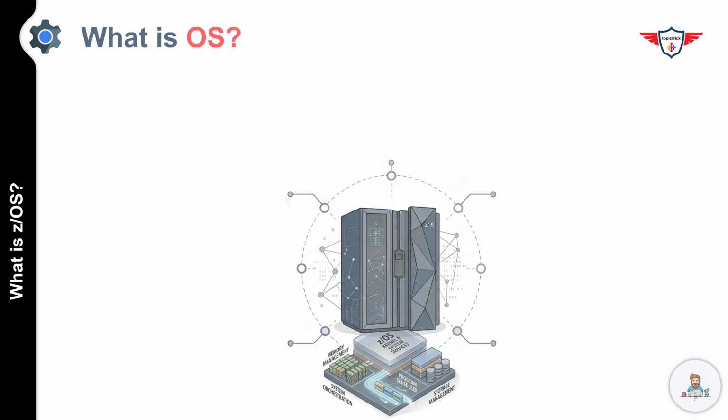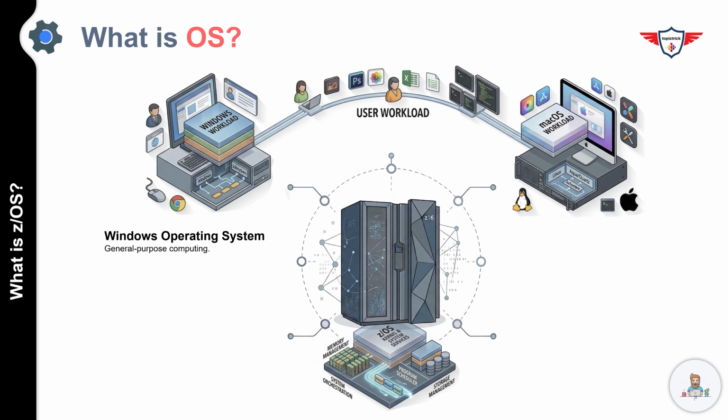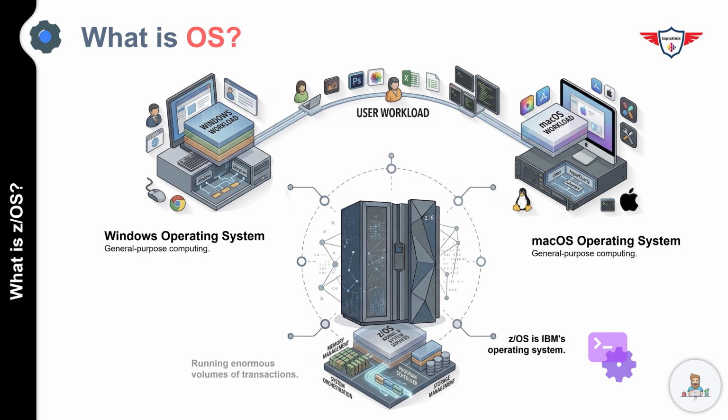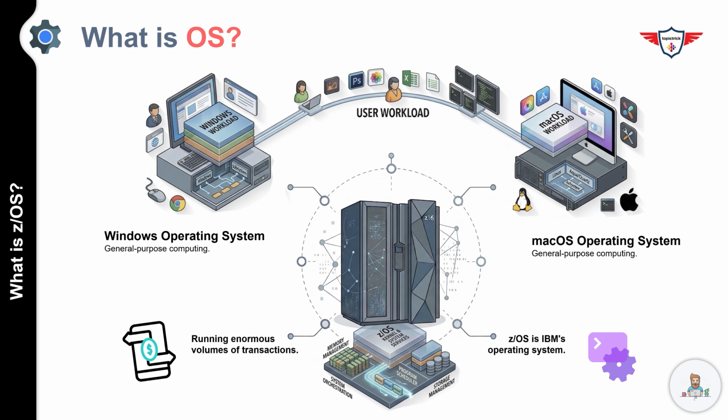So first of all, what is an operating system? In layman's terms, an operating system is software that sits between the hardware and everything else. It manages memory, runs programs, controls storage, and makes sure everything works together. I'm sure you have come across Windows and Linux, and you might have seen macOS. These are all operating systems, and they have been designed for broadly the same kind of workload, that is, one user or a handful of users doing general purpose computing on commodity hardware.